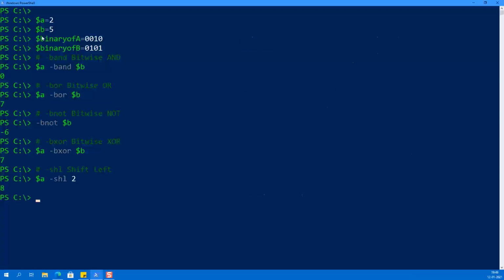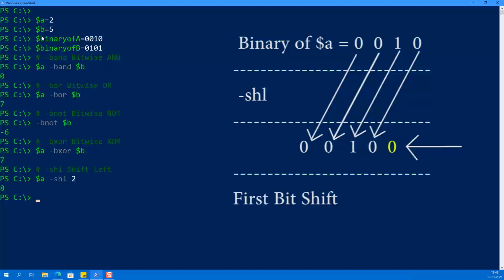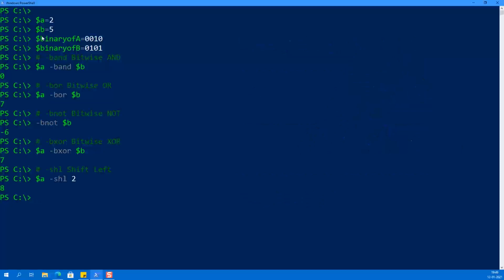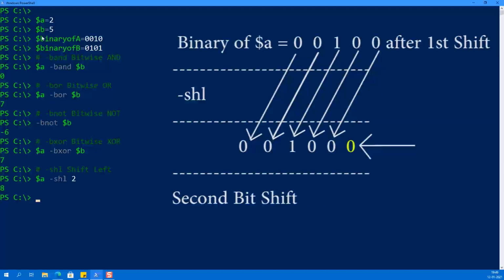The right-hand side value indicates the number of times the bits will shift. The binary representation of $a is 0010. If you shift left once, it will become 0100. If you shift one more time, it will become 1000, and if you convert that to a decimal value, the result will be 8.